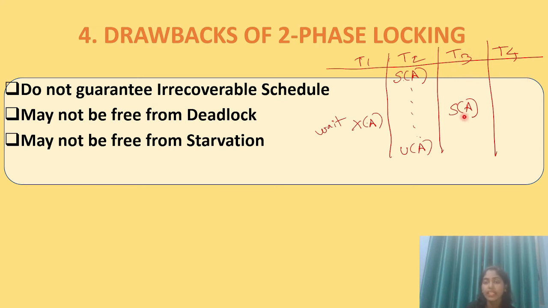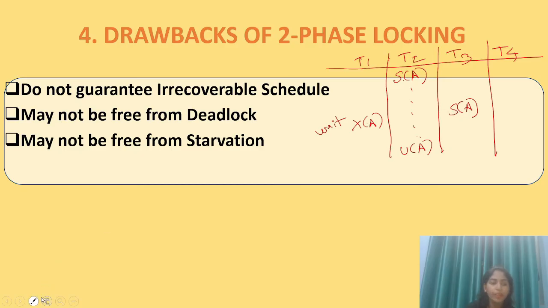Shared lock can be given to another transaction. Now T3 is asking for a shared lock on it. T2 has not unlocked it yet. He is unlocking over here, but T3 is asking before that for a shared lock on it. You can give it, because shared you can give. They are just reading the data item value. Whatever is present inside A, they will read. They won't change the value by writing. Exclusive lock means what? You are writing. So you cannot grant it in this case.